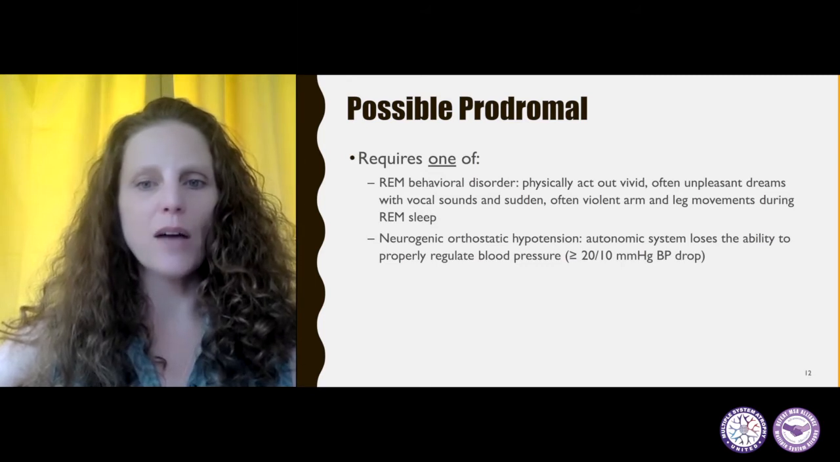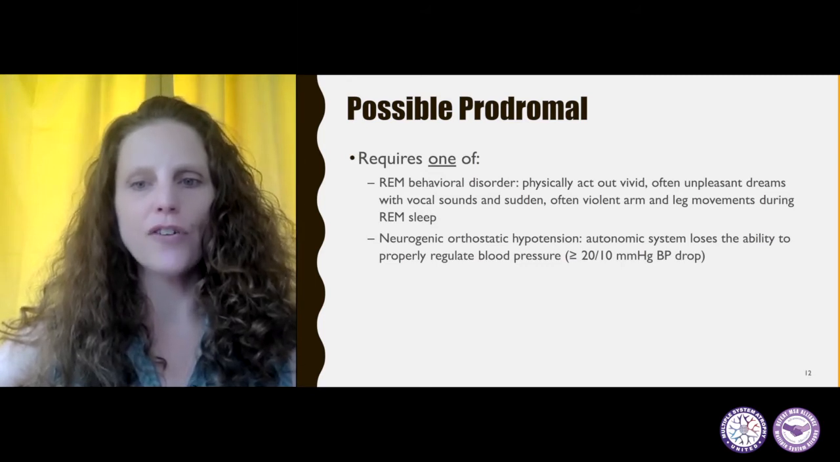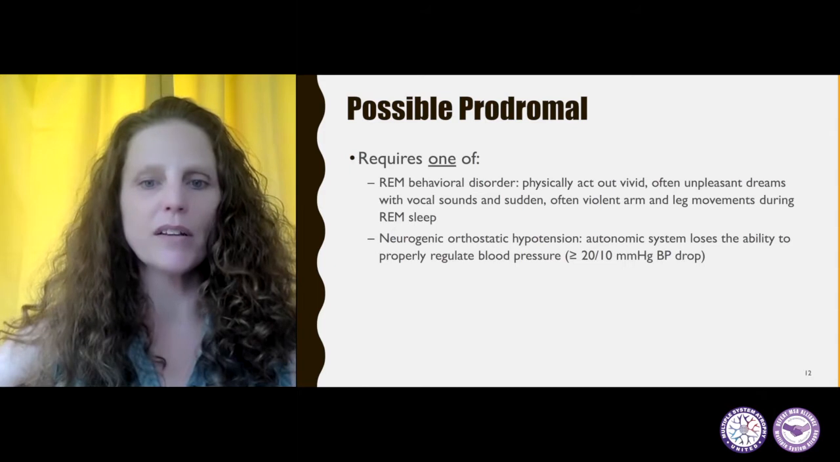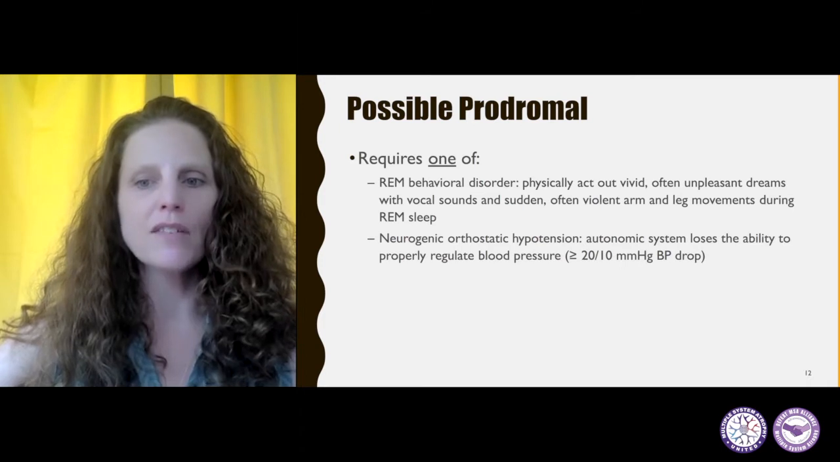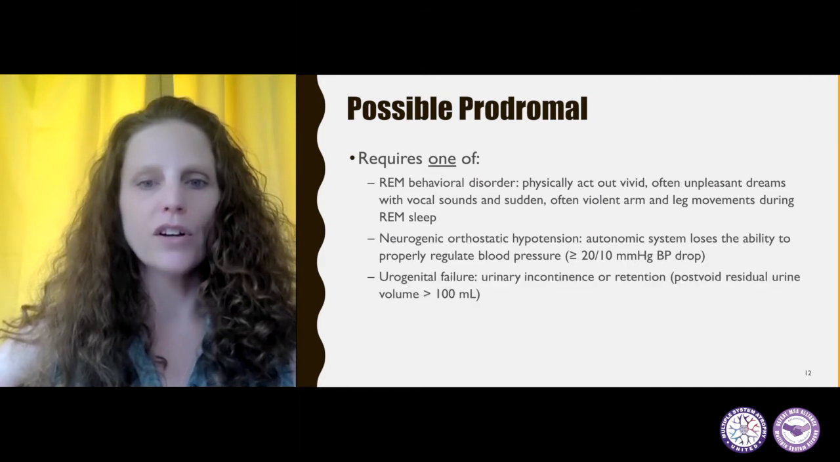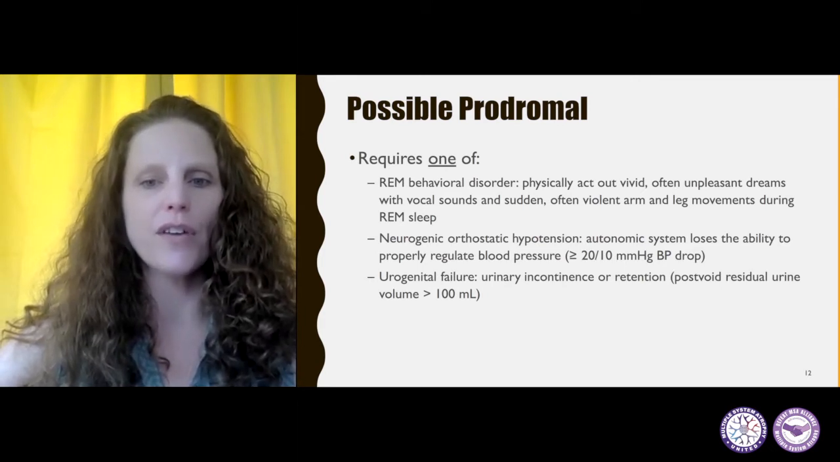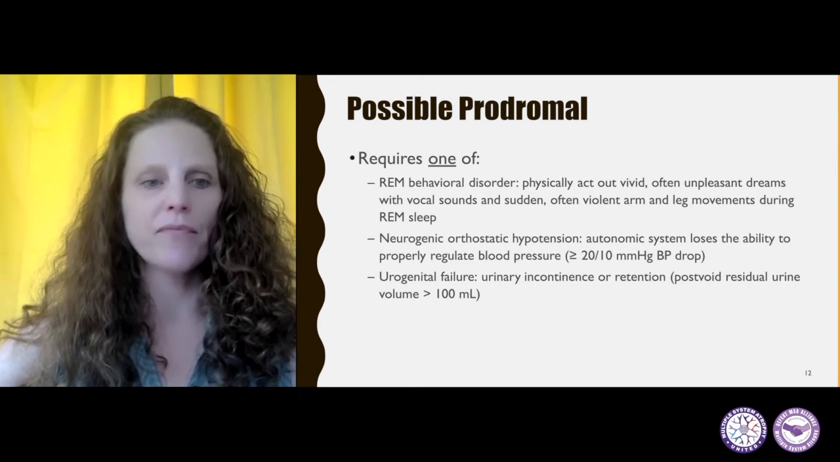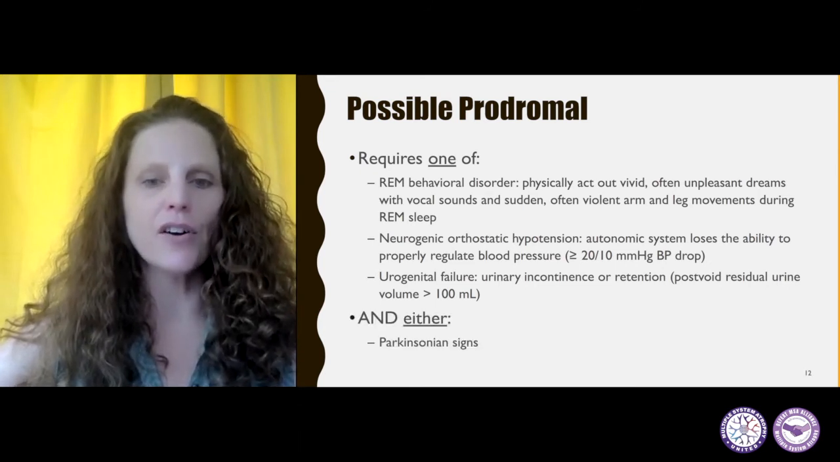Neurogenic orthostatic hypotension, where the autonomic nervous system loses the ability to properly regulate blood pressure, and the patient experiences a drop of 20 millimeters of mercury systolic blood pressure or 10 millimeters of mercury diastolic blood pressure. Or urogenital failure, that is urinary incontinence or retention, the latter defined as a post-void residual urine volume greater than 100 milliliters. And either